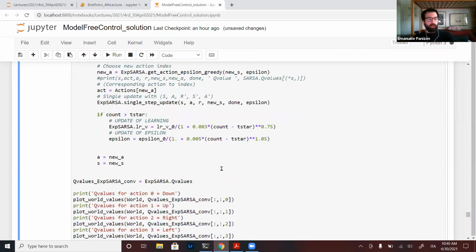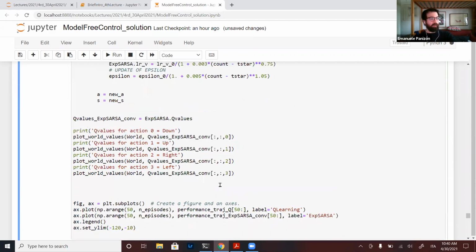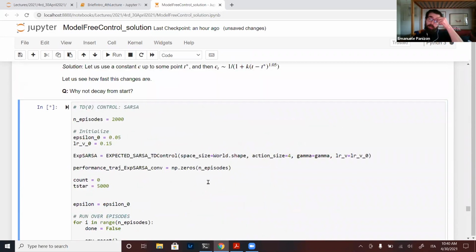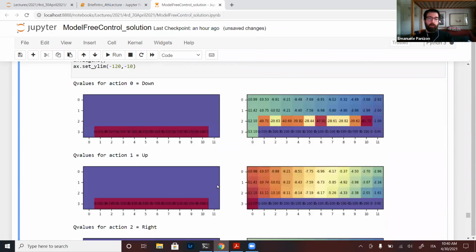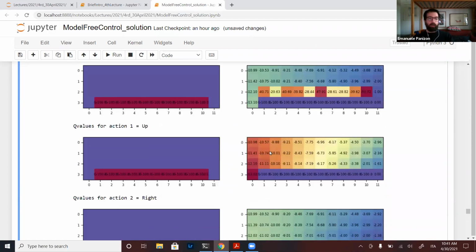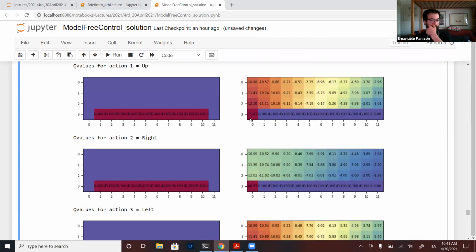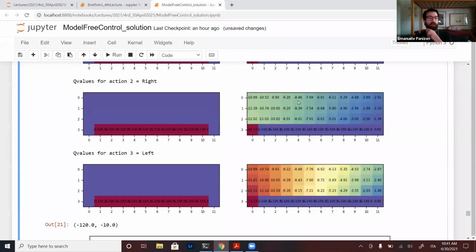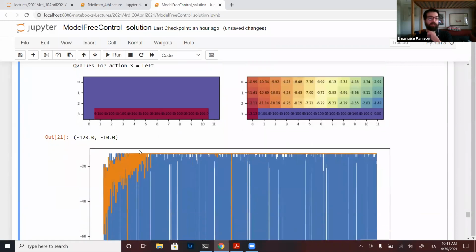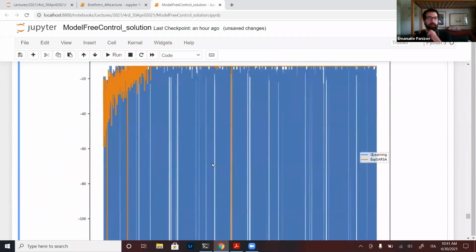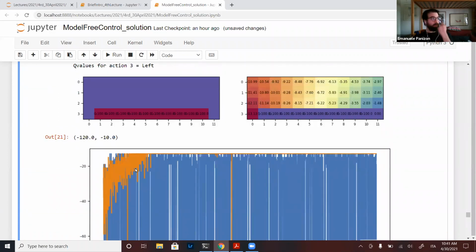After a couple of seconds of staring at a blank screen, okay, perfect. We have again our usual values. Here the value says please do not go down. Here you can go up, but it's not perfectly sensible. Going left is generally speaking a good idea. And then what you see is the Q learning and expected SARSA performance during the simulation.